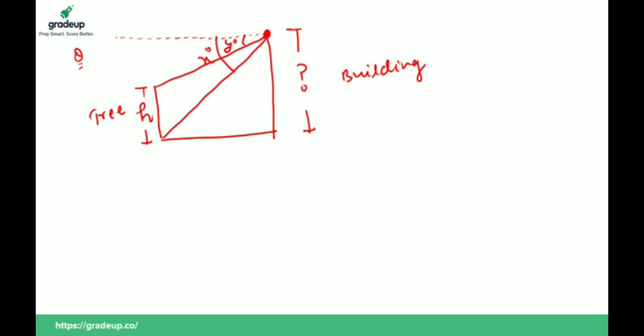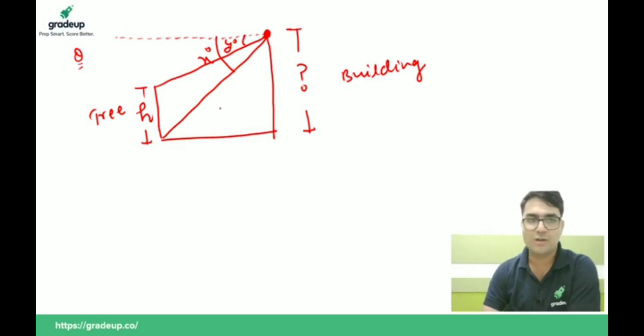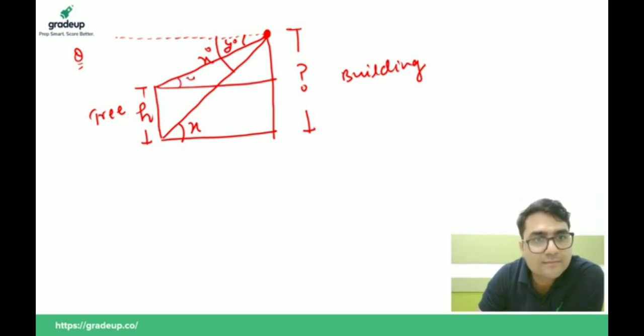Okay, so guys, always remember one thing. There is no difference between the angle of depression and the angle of elevation. What you need to do is, if this is x, this will also be x, interior alternate angle. If this is y, this will also be y. We have to find the height of the building. Let the height of the building be H. So if this is H, then this will be H. If this complete is capital H and this is small h, then this will be H minus h from here to here.